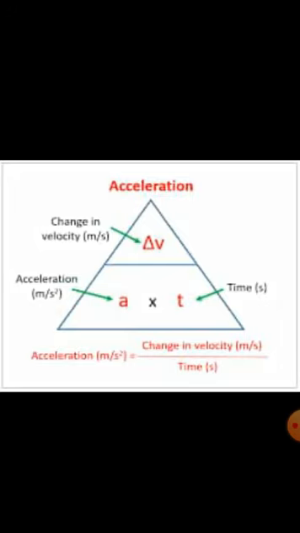If we want to know how much the velocity changes in unit time, or the rate of change of velocity, we should divide change in velocity by the time. Then we will have v minus u by t. This rate of change of velocity is termed as acceleration and is denoted by a, small a. So a equals v minus u by t.